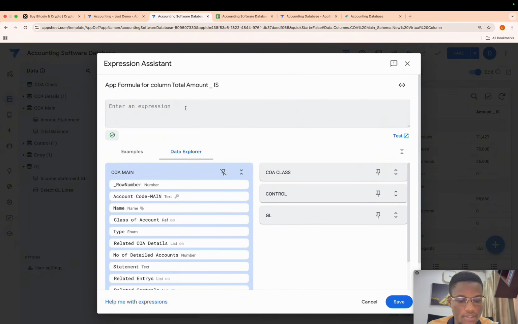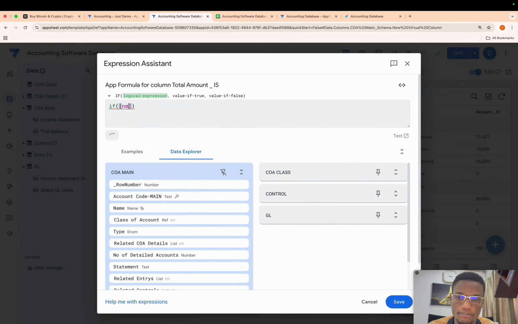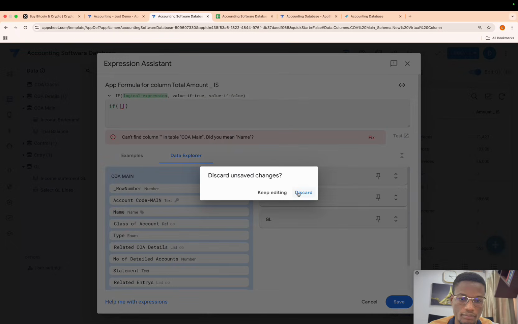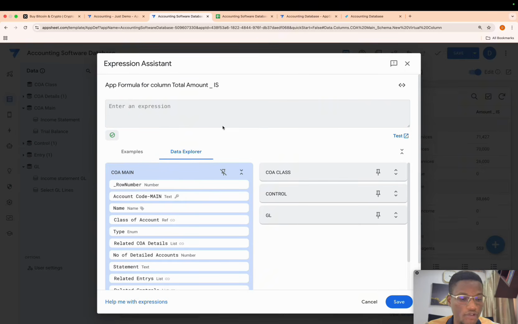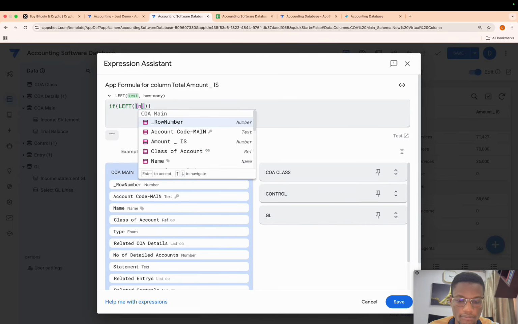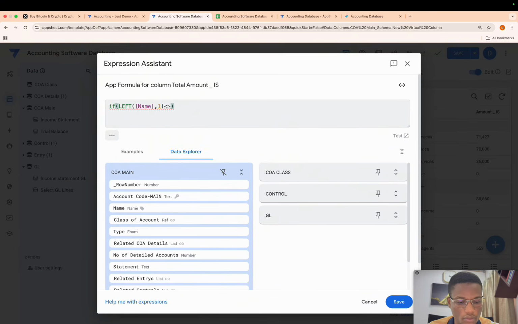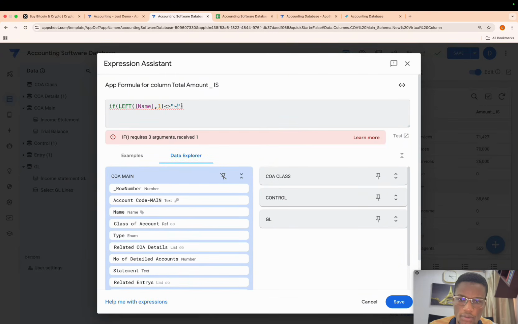We're just going to say if you don't have one of these two things. So name, what we just wrote over there. The formula is going to start off by saying if left name, 1 is not equal to tilde.